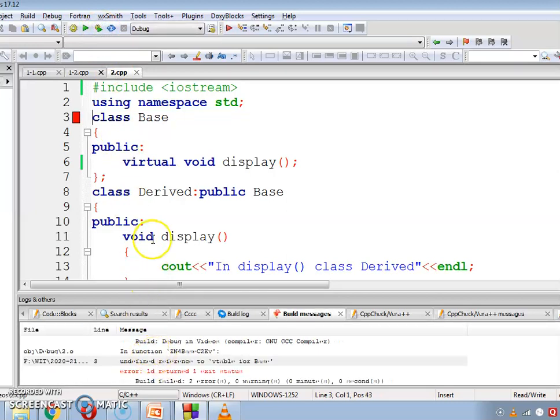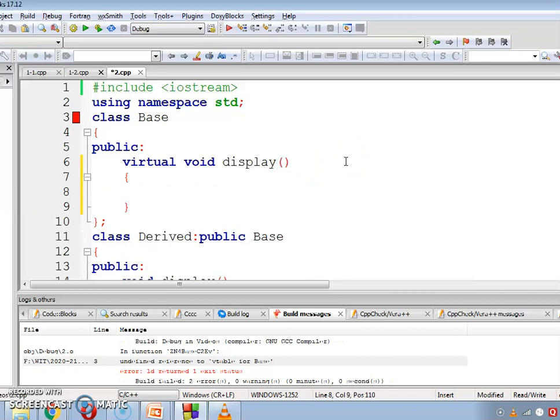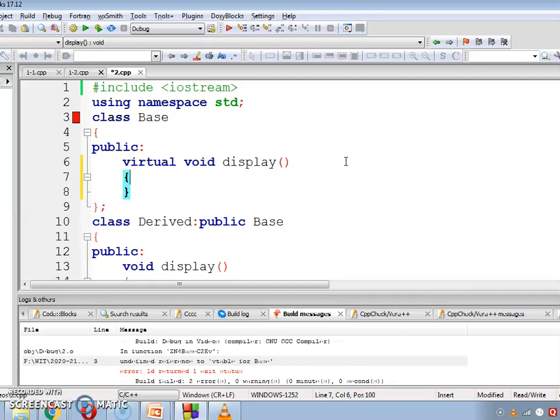So there is an error. So we need to define this virtual function even though it is not required. So we may not have any statements in this function, but we need to define this function.